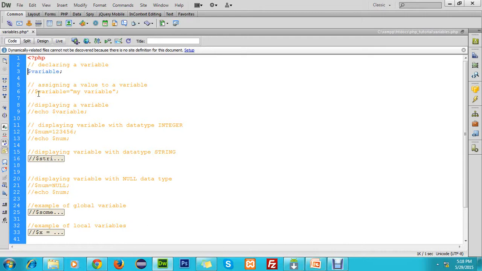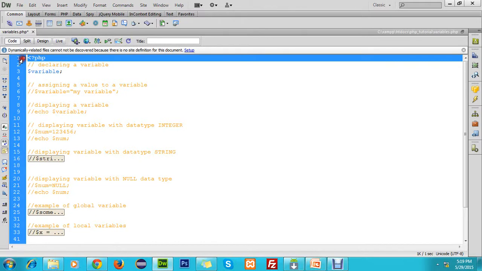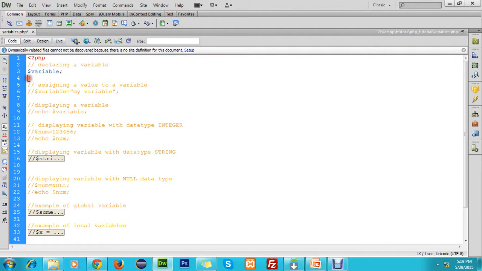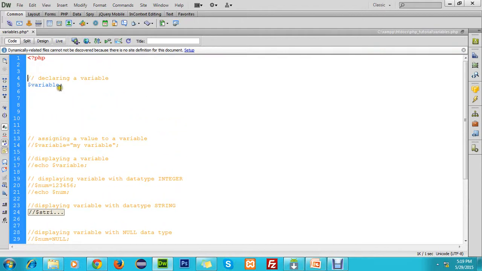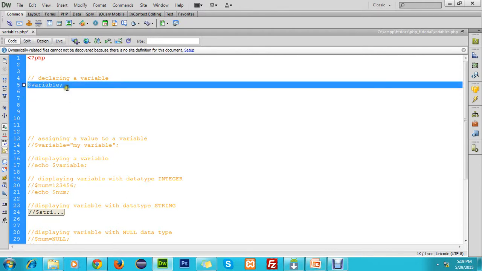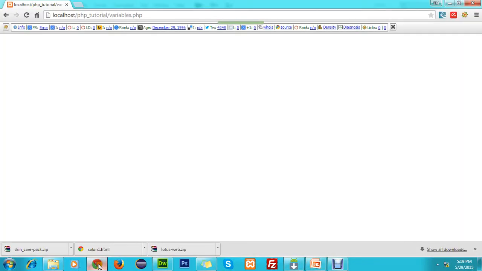Here you can see that we are just naming a variable. We are declaring a variable, that is $variable. If you are going to run this whole file, you can see that the PHP tags are there, so I'm writing all the PHP examples here. I just made some space here so that the clarity will be more. We are just going to consider this line, and if we save it and run this, you can see it is not going to give any result.